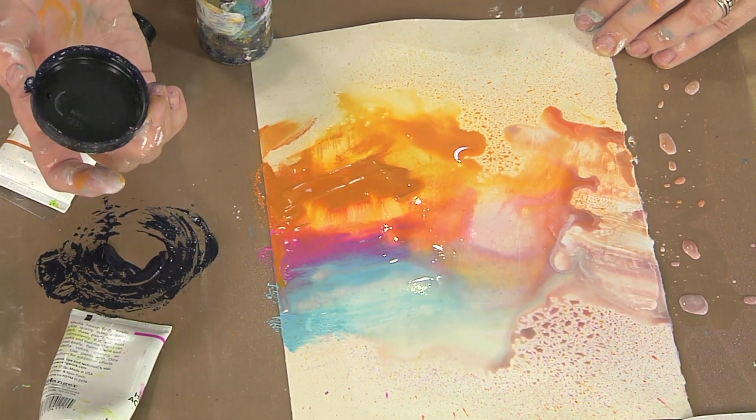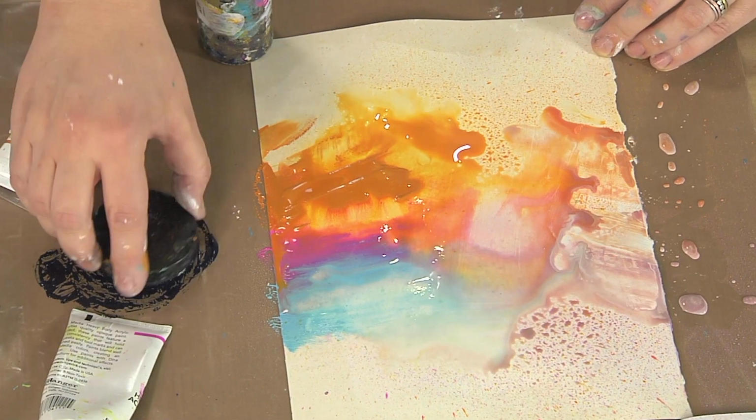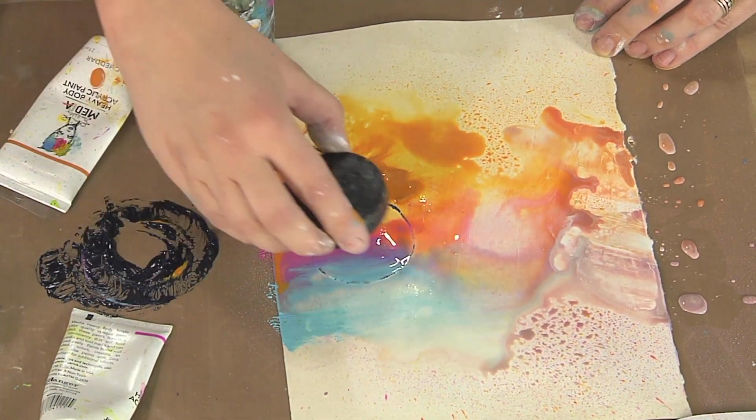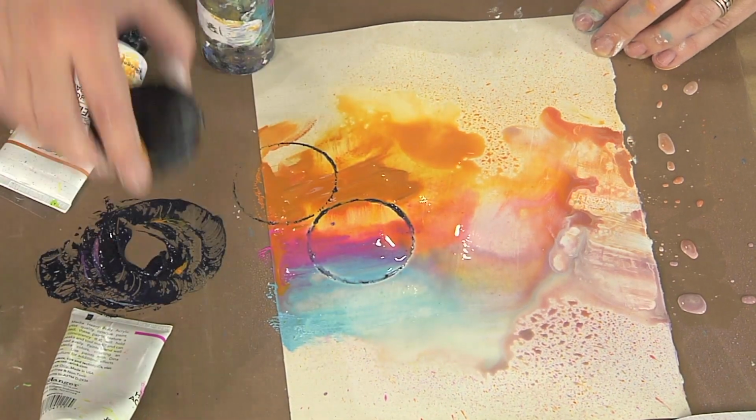I like the size this circle makes. My soda can is another good circle. A toilet paper tube is one of my favorites. Yeah. While it's wet, do your circles. Here's why. That water is still active. That water...